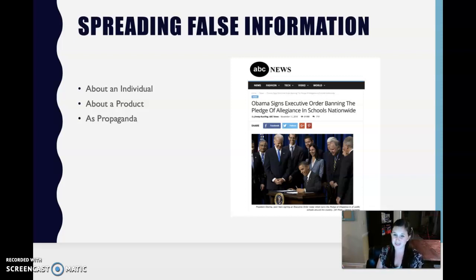And it can also be used as propaganda, whether that's political or something like, even with the coronavirus, people could spread false information that this is a hoax, and there's a lot of people that have conspiracy theories. And I actually had a friend, she's kind of a family member. Anyways, a person posted something that seemed very hurtful because she said that she didn't believe it was real, and it made me just stop and think,